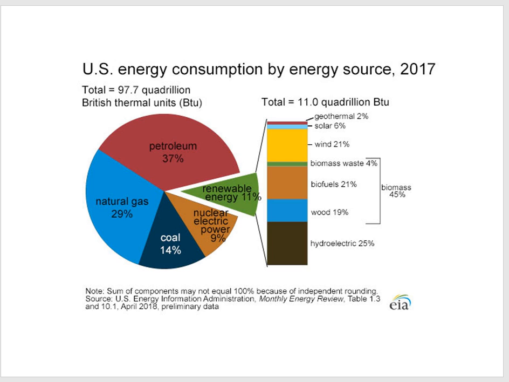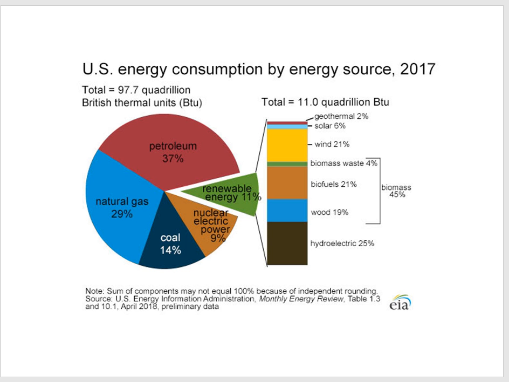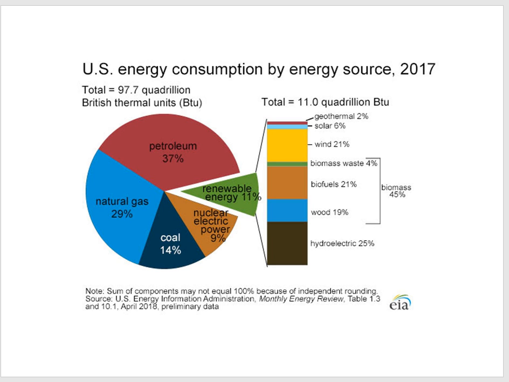And petroleum, 37%, which, going back about 10 years, right here, petroleum was 39.8, 40%. This has gone down a bit in the 10 years. Sorry, I'm switching back and forth here, but between 2010 and 2017, so petroleum still